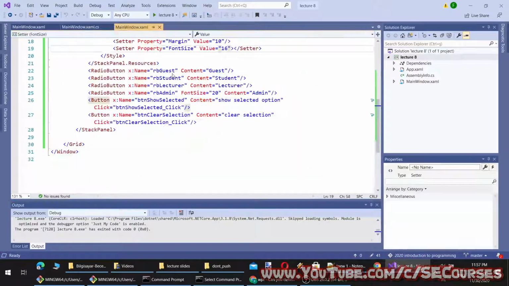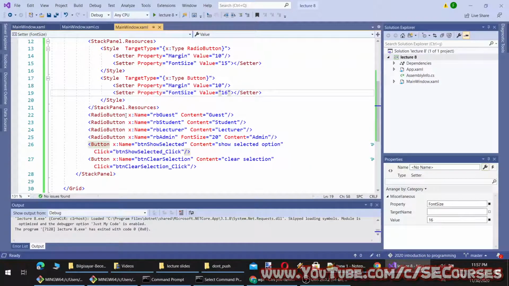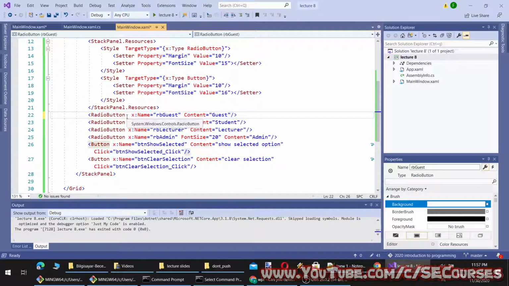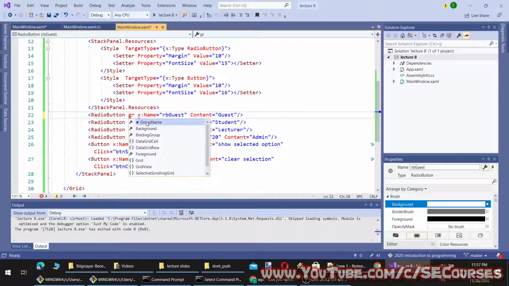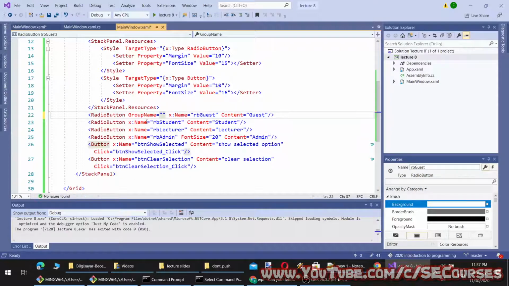So an alternative way would be, for increasing our dynamic naming, we can add a group name to radio buttons. Okay, so I will name them as user levels, like this.